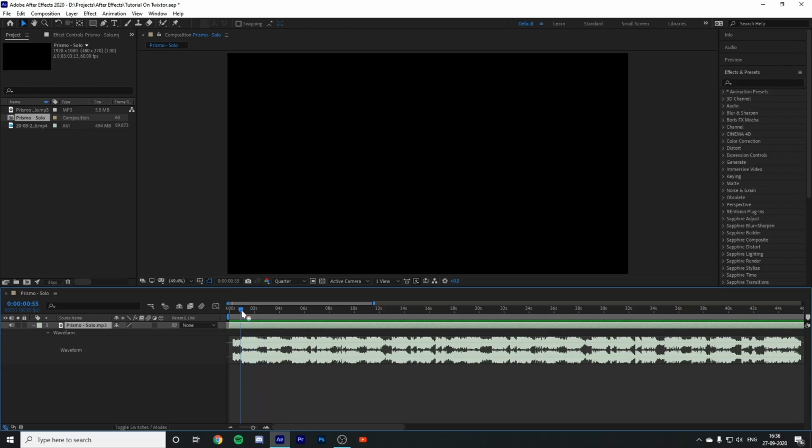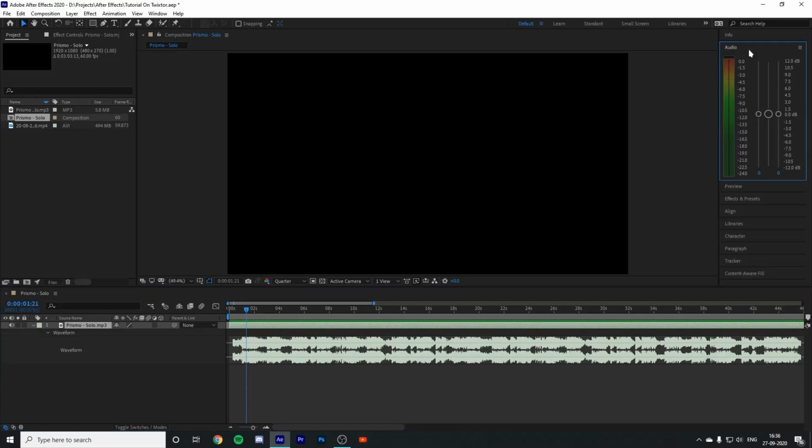So in order to do the markings on your track, you can do it in two ways. You can see the mark over here, press this and drag this mark where the beat is. But I'm gonna be doing it in the simplest way. So reduce the audio, 1 second.